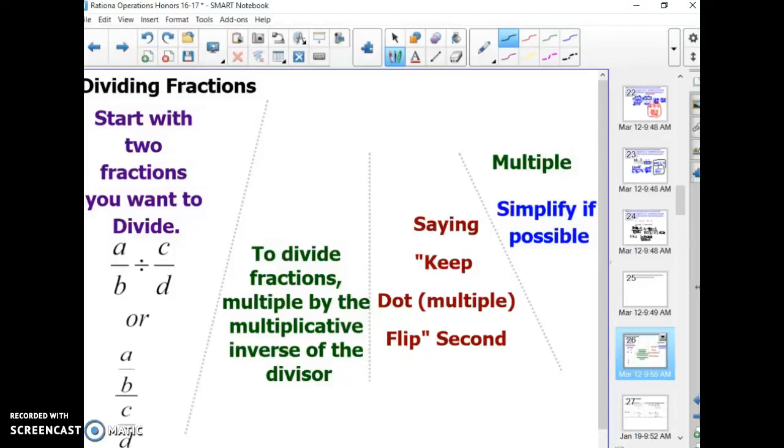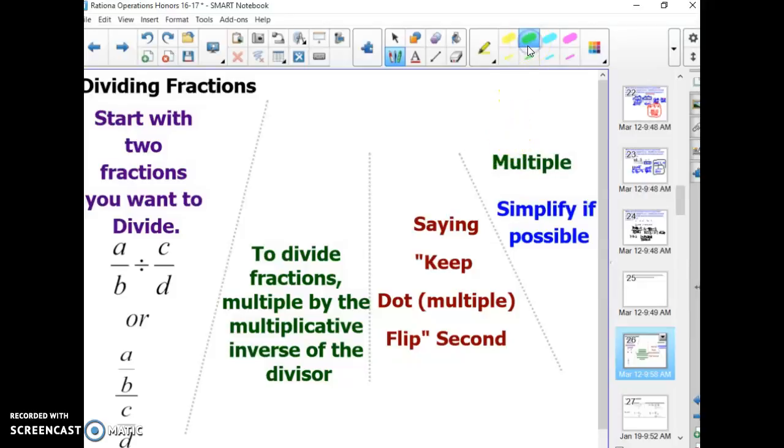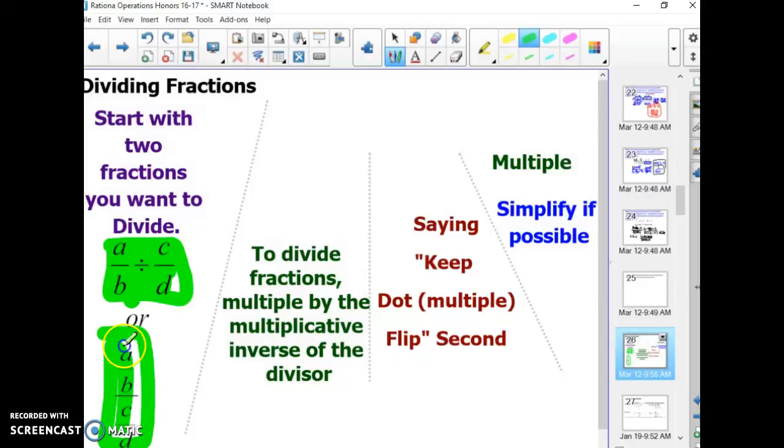All right, guys, when I divide fractions, there's two things to look at, right? I can have a fraction that looks something of this nature, which is regular with a division in the center. I can have it set up, and this is called a complex fraction. Okay, the key to dividing fractions is just like multiplying, but because we're dividing, and division and multiplication are very